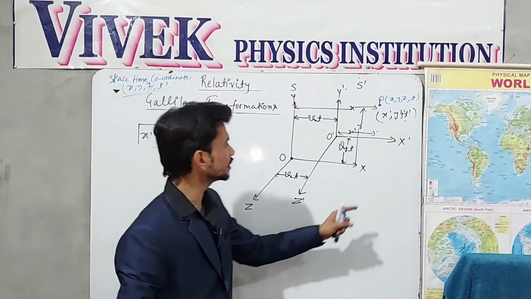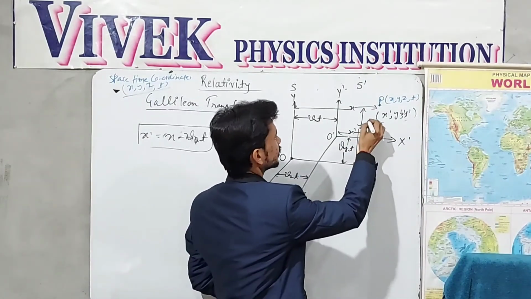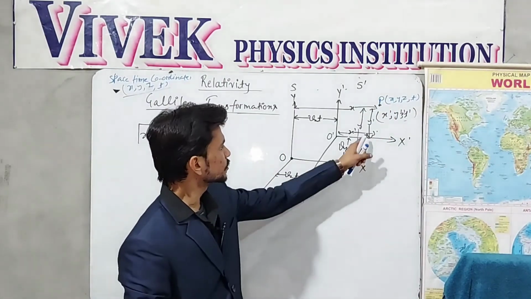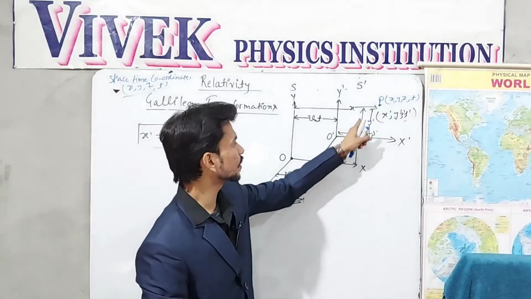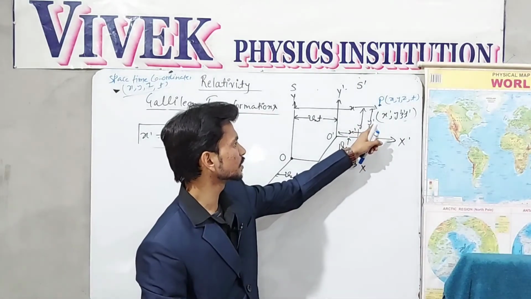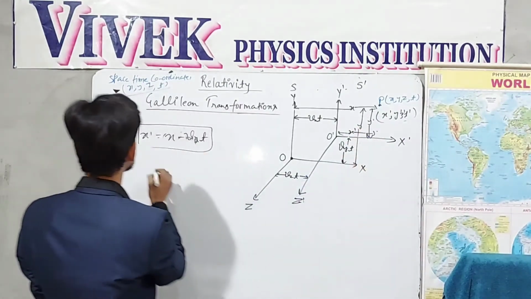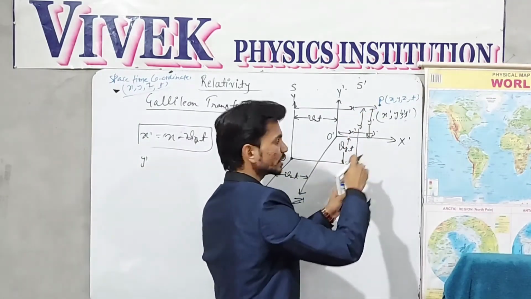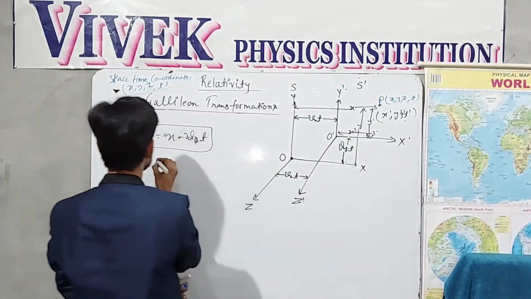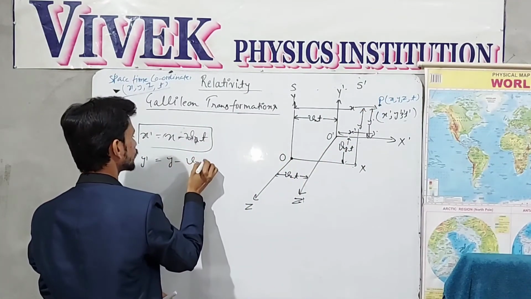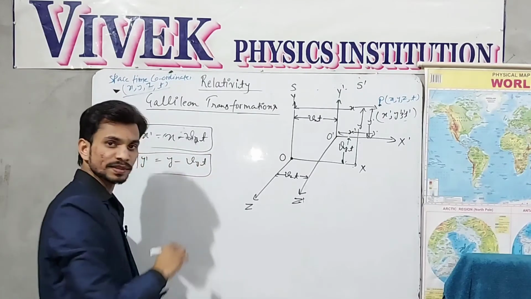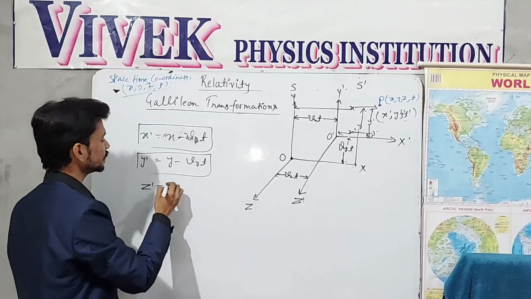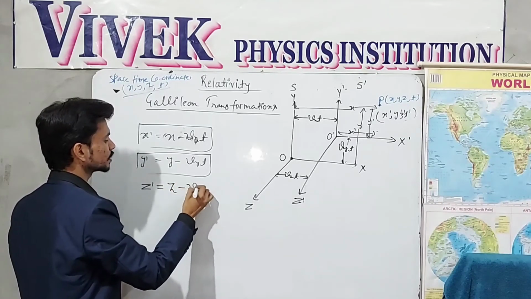Also we can easily say that this is the y dash of the particle P, its position in the y-axis. So this is the complete y, this is y dash. So y equals vyt plus y dash, or y dash is nothing but y minus vyt, complete minus vyt. So this is y minus vyt. By the symmetry, you can write the coordinate of z dash in the S dash frame as z minus vzt,